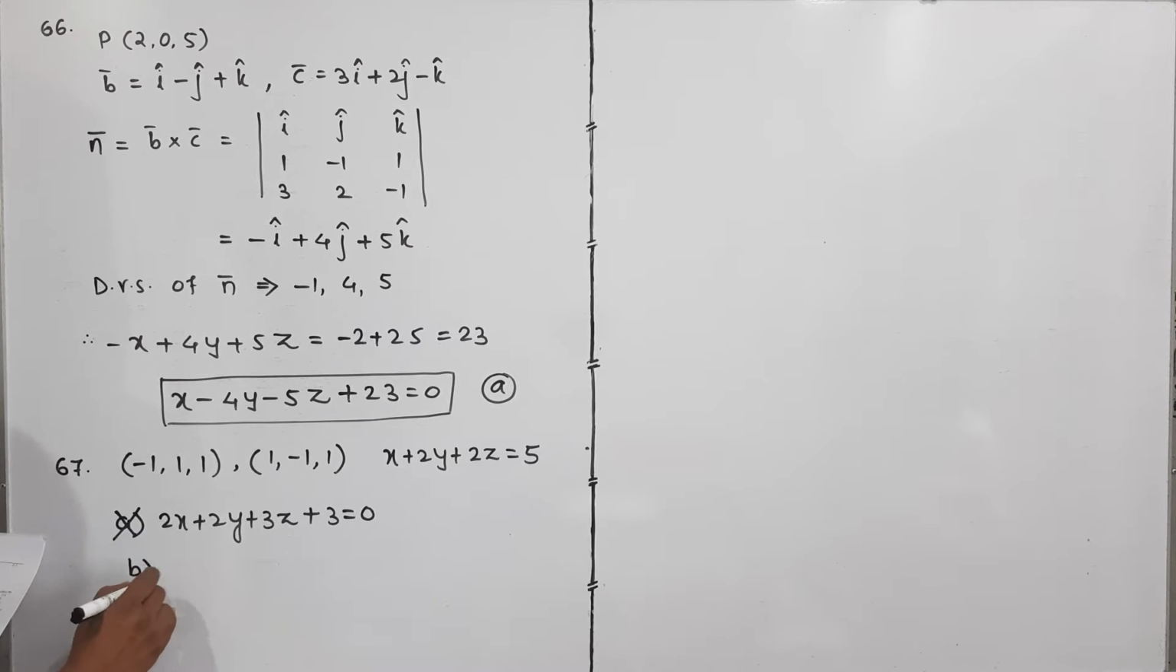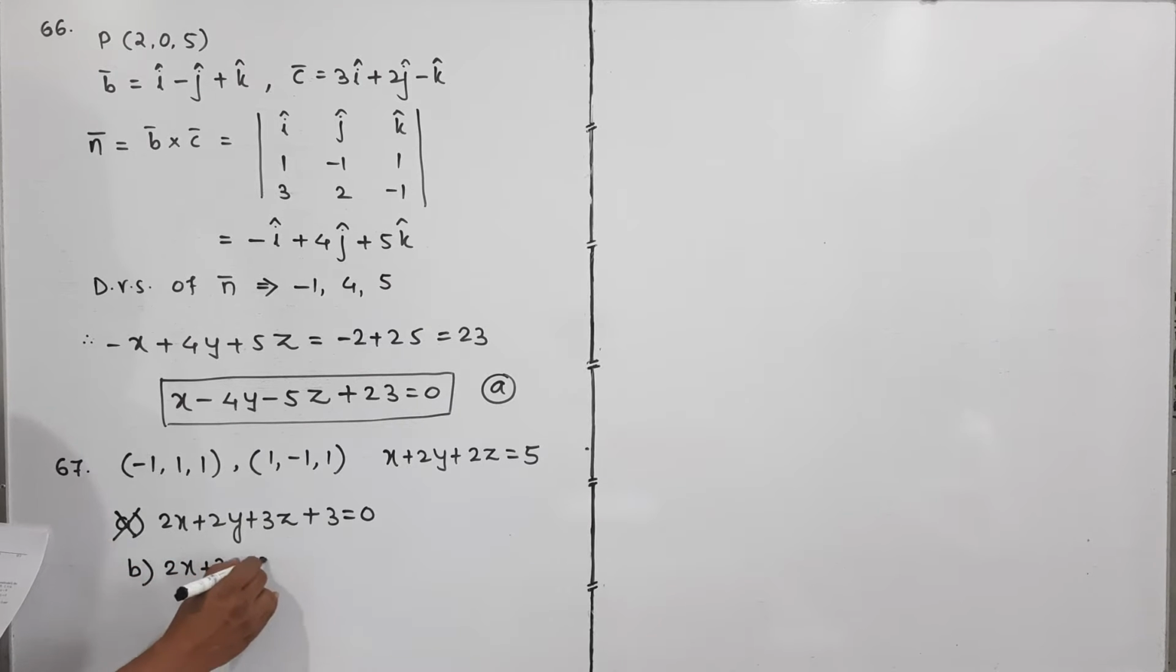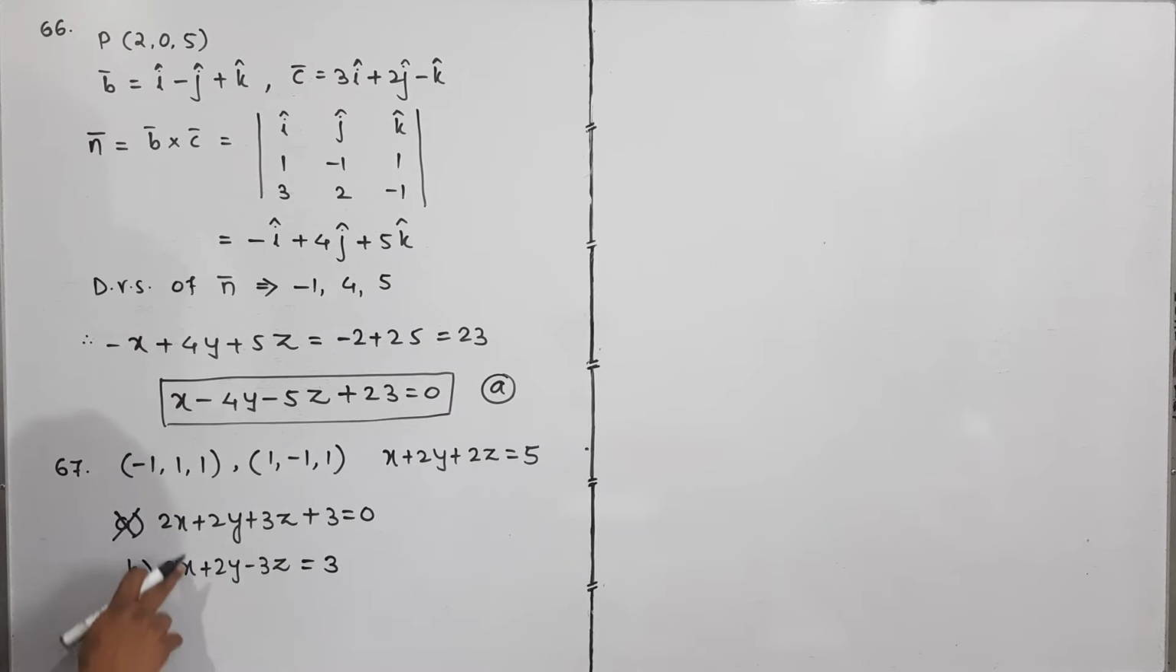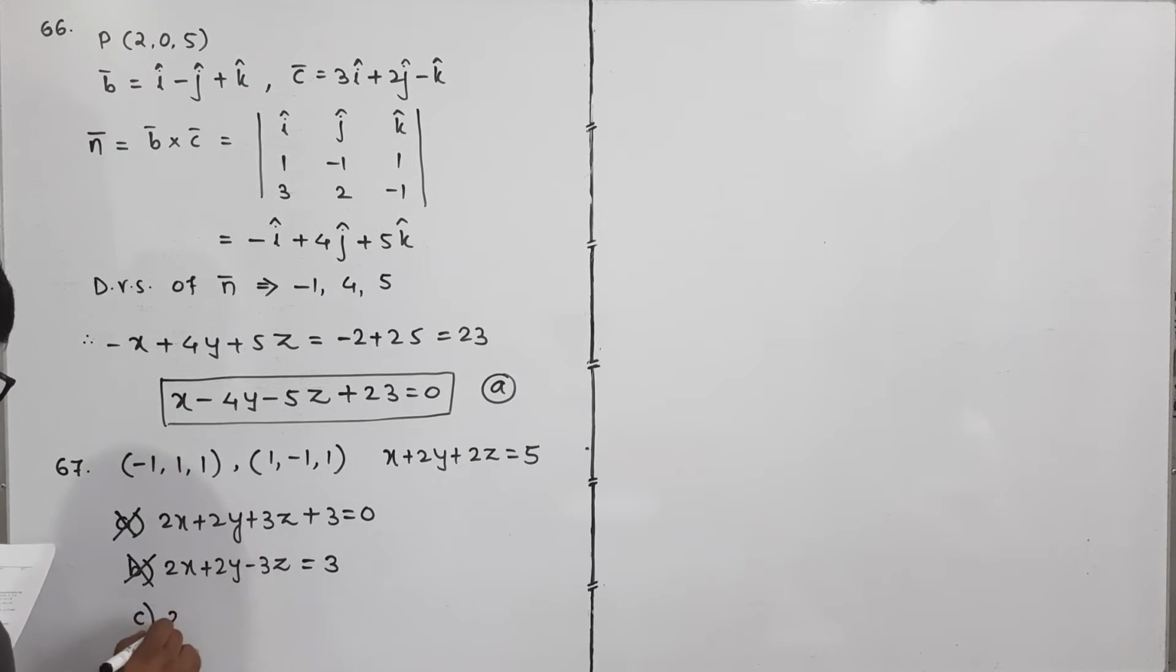Option B, it is 2x plus 2y minus 3z is equal to 3. Now check. Minus 2 plus 2, 0. Minus 3 is equal to 3. It is not correct. Now option C, it is 2x plus 2y plus